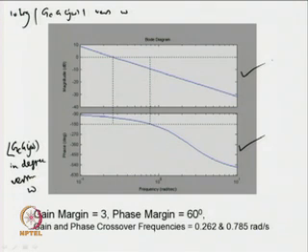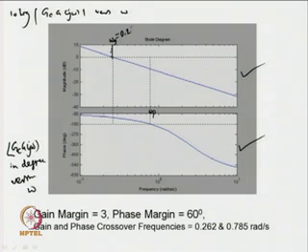What are those crossover frequencies here? When the loop gain of the system is unity, the frequency at that time gives us the gain crossover frequency, omega g. When the phase of the loop is minus 180 degree, that frequency is known as the phase crossover frequency. So, we can get from the plot the gain crossover frequency to be of magnitude